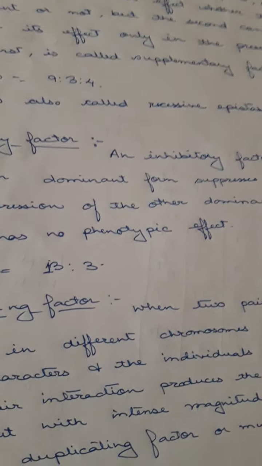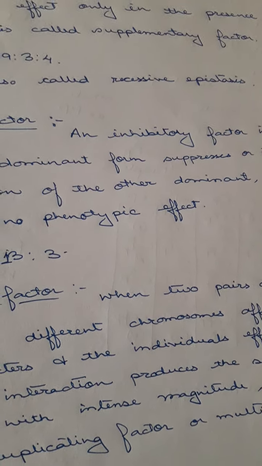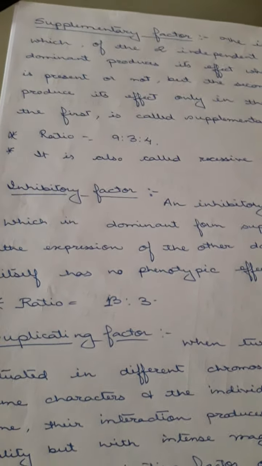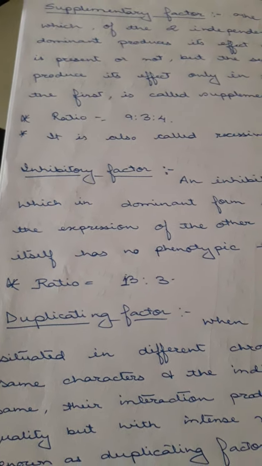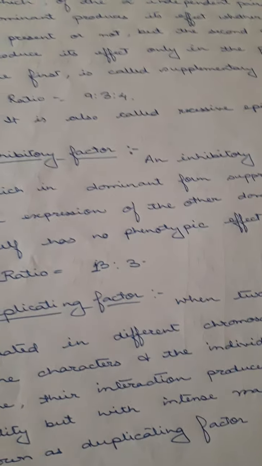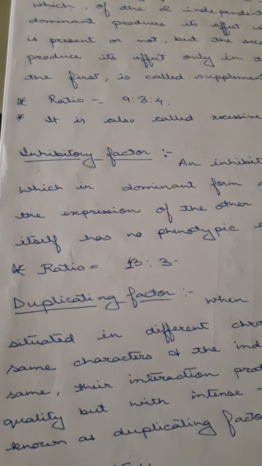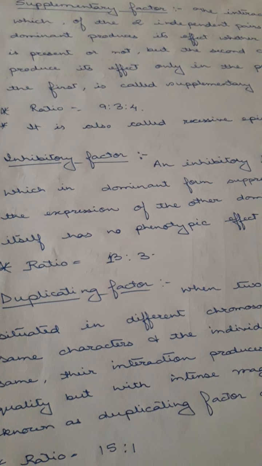The ratios are very important, and for the law of independent assortment, if you are asked to explain it, you must definitely mention the dihybrid cross. Capital Y, capital R, mention it. Do the checkerboard, the Punnett square, give out the ratio, and then the answer will be complete. So go through these things, they are important, and if you have any problem then please let me know.